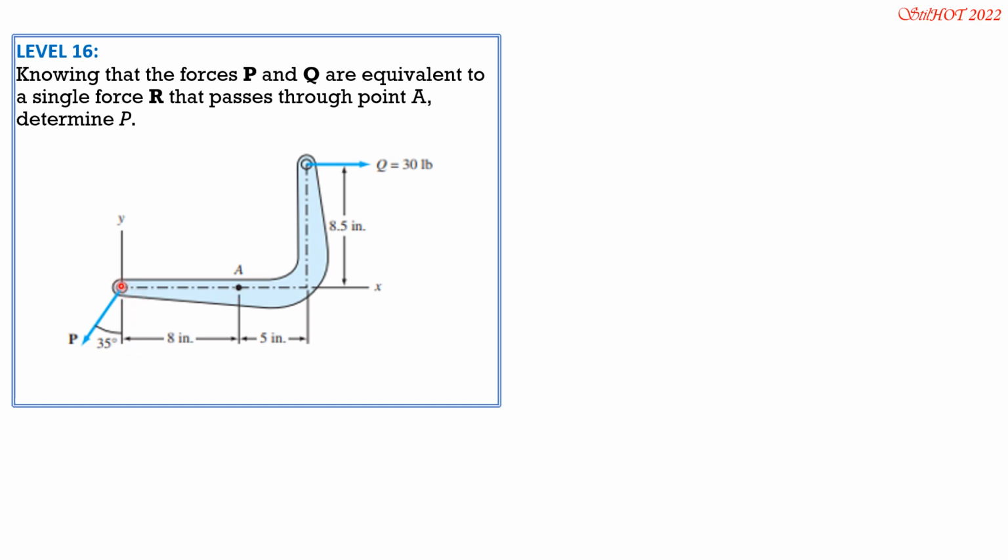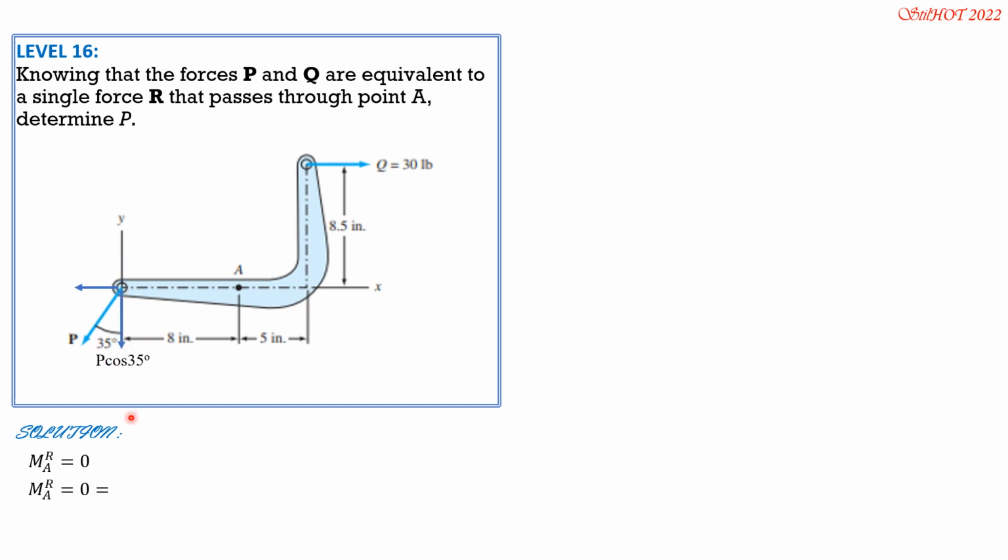The horizontal component of P passes through A, so it has no moment about A. The vertical component of P is P cosine 35. It produces counterclockwise moment about A, while the moment of Q about A is clockwise. So if we treat counterclockwise positive, clockwise negative, then the moment about A is 0. So that is, moment about A of the resultant is 0, and that is equal to,